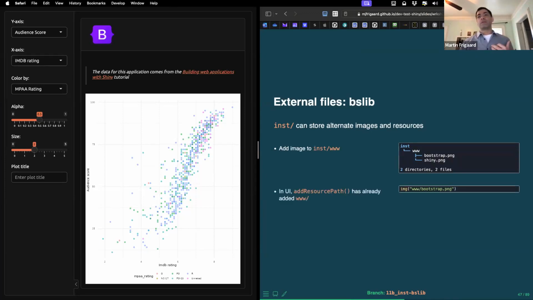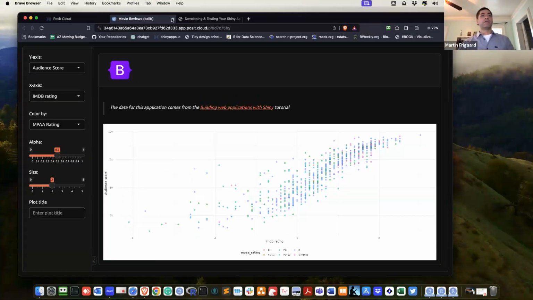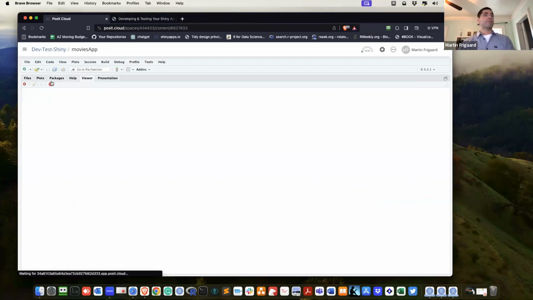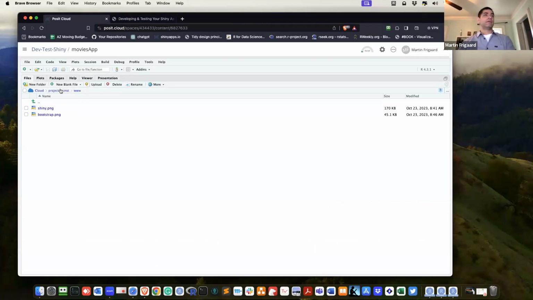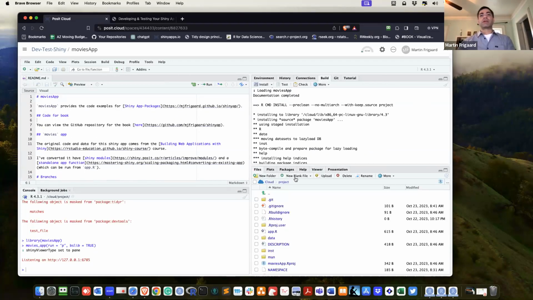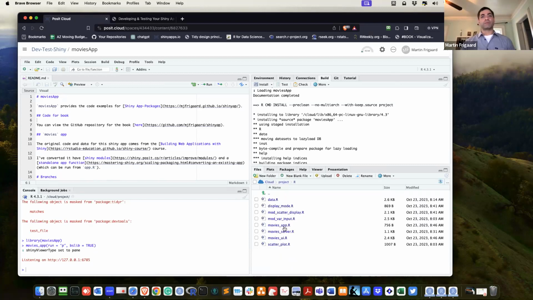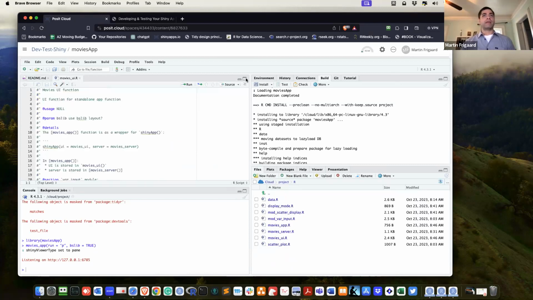And the way we can do this is the www resource path is already added in our UI. All I've done is include the alternate layout here in my primary UI function. And this is actually a great way to check additional CSS or styling, because everything's a function. You can create the layout in an alternate function. If we look at the actual code I'm talking about, what I changed in my movies UI, my primary UI function, what I did was I